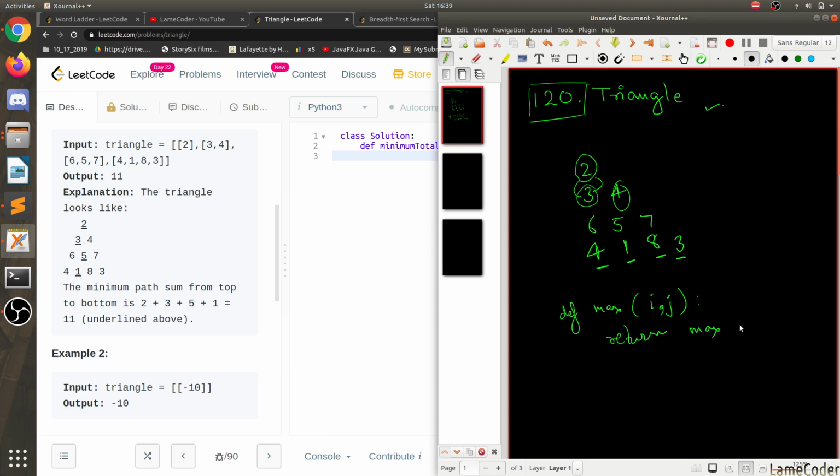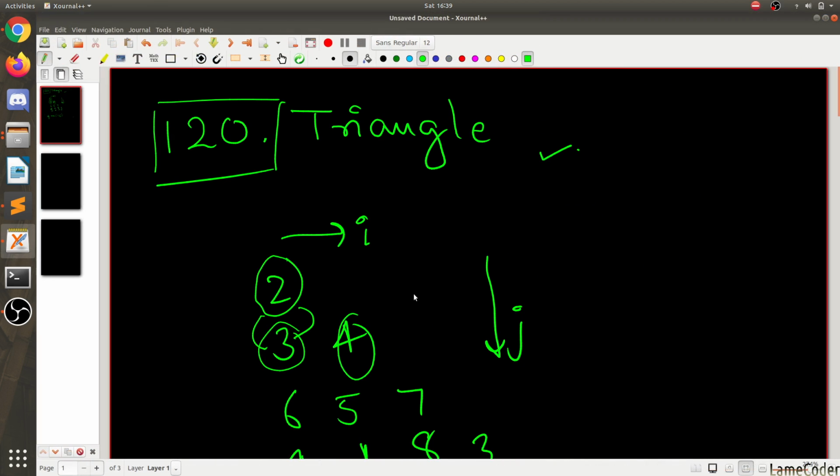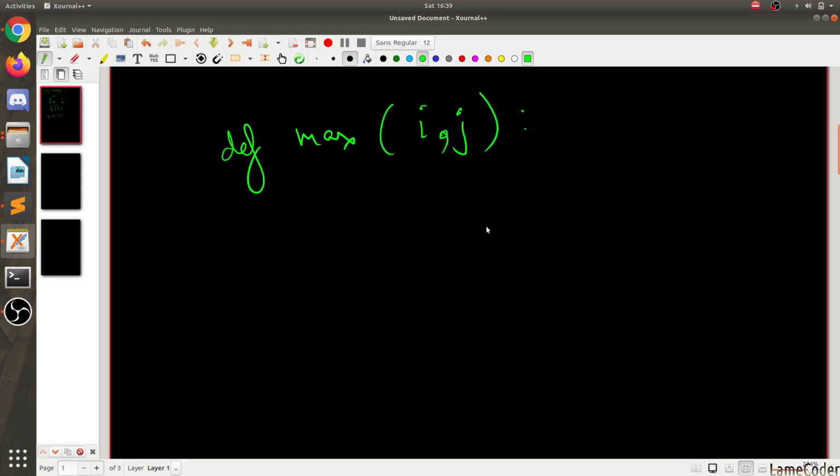Max of array of i, j, we are going to next. Let me define max of i, j instead.